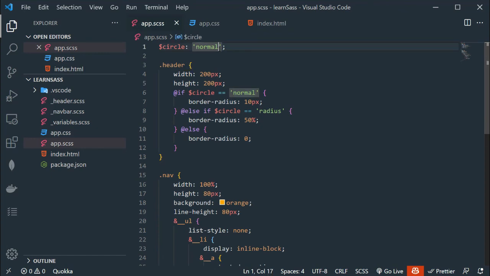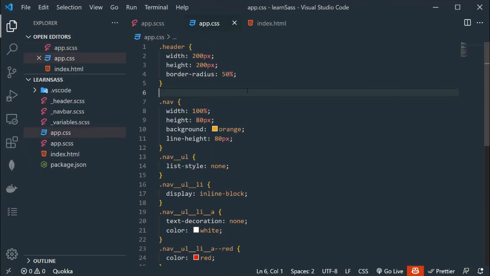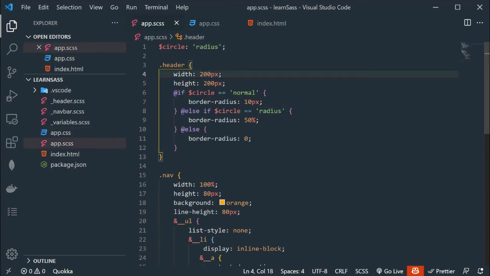Now if I add here radius like so, now this condition will run because in the circle variable we have the radius value. So simply go to app.css, and we have 50%. Let's say if I add here ABC, now these two conditions are false.